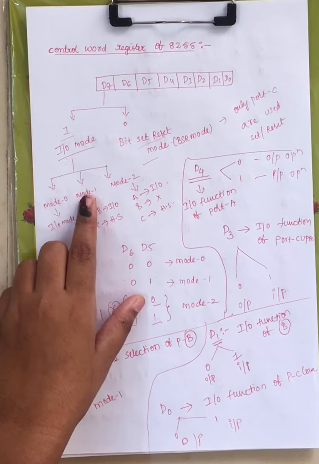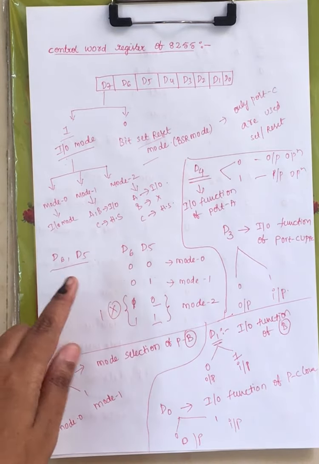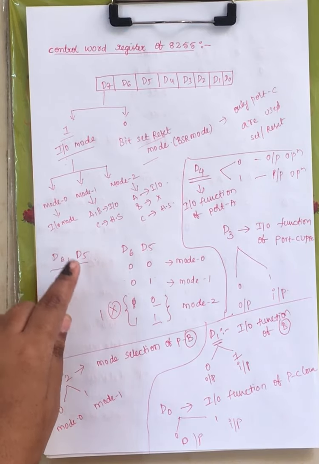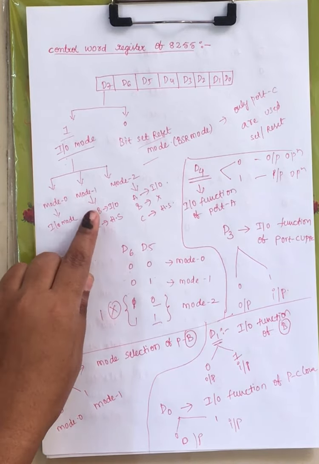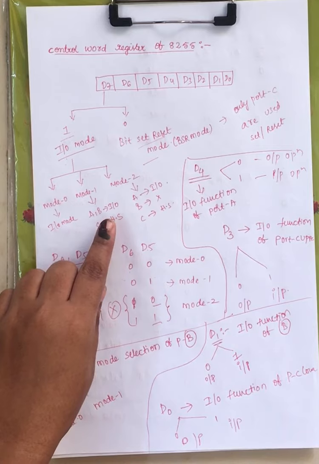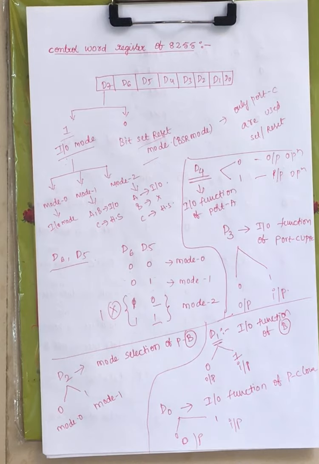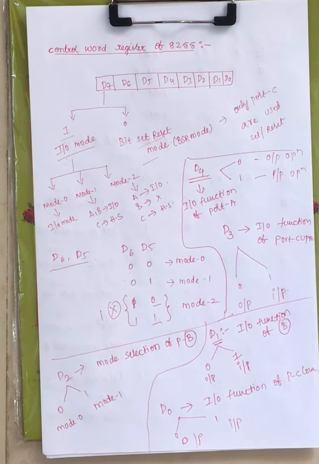Now under IO mode, what are the 3 operating modes of 8255? Mode 0, mode 1 and mode 2. This we have seen under the architecture. Under mode 0, all 3 ports will perform basic IO operation, and that's why we call it IO mode. Under mode 1, port A and port B are used for IO operation and port C is used for handshaking, in order to communicate between 2 components or 2 entities. Now under mode 2, only port A will be acting for input or output operation. Port B is not operating under mode 2 and port C is used as handshaking, right? This we have seen under the architecture of 8255, right?